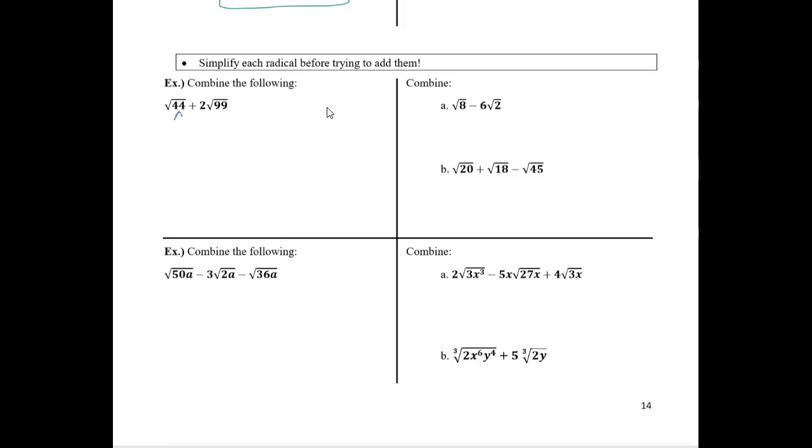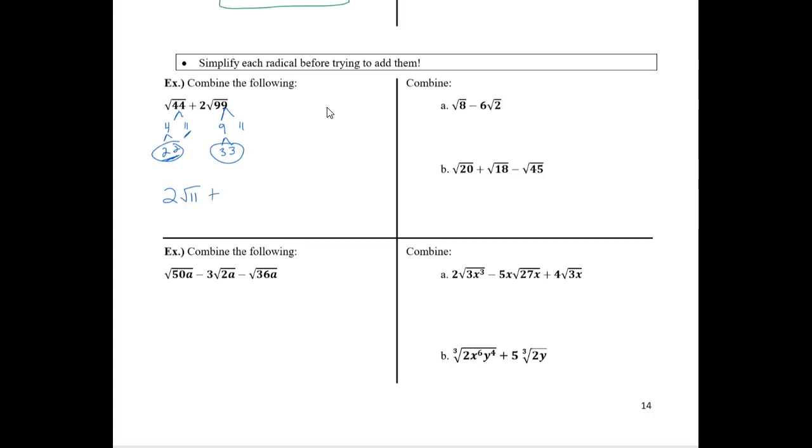So this 44, I can factor out a 4 times 11. And right away I see that 4 is a perfect square. So I'm going to take those 2's out. Same thing with the 99. It's 9 times 11, and I can take the 3's out because that's a perfect square. So I rewrite square root of 44 as 2 square root 11, right? The 2's come out, the 11 stays underneath,